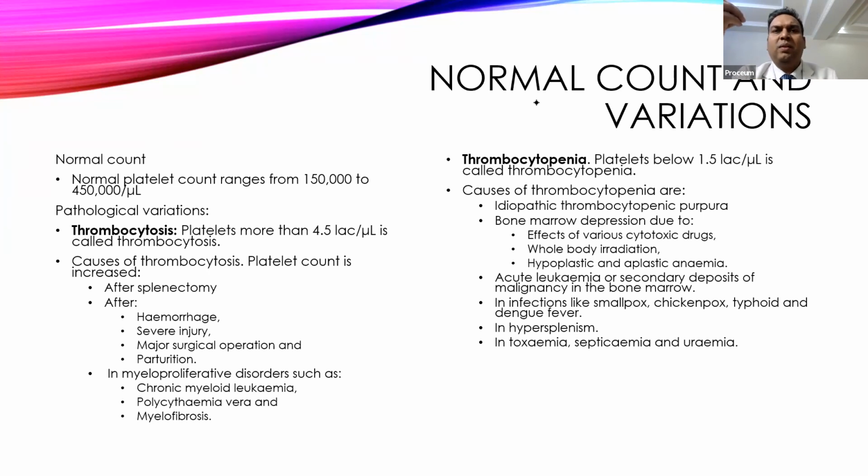Purpura is a term given for a bluish discoloration of the skin. So what happens when there is decreased platelet count? It reduces the immediate repair of the blood vessels. Whenever a normal blood vessel injury occurs, it is immediately plugged by the platelet. Now since the platelet count decreases, the plugging is not happening, so the bleeding keeps on occurring, and the small amount of blood which comes out of the blood vessels starts accumulating in subcutaneous tissue, and that gives bluish purple colored spots. Those are called purpura. So whenever the platelet count decreases, that causes thrombocytopenia. That condition is called thrombocytopenic purpura.